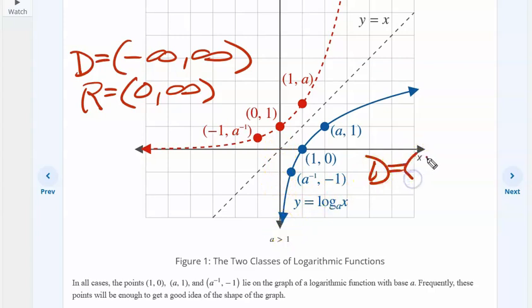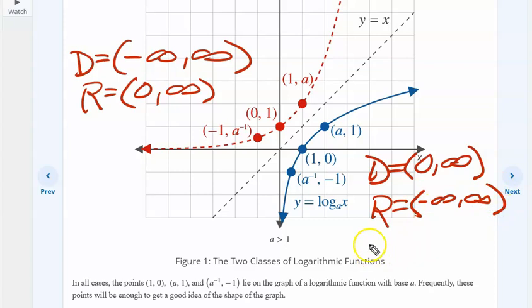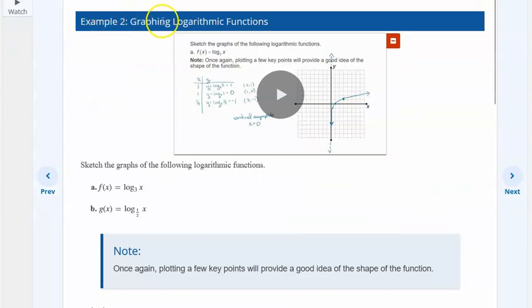So it'll be parentheses 0 and then off to positive infinity, while the range now goes down to negative infinity up to positive infinity. Okay, background. Now for example 2, keep in mind there are videos by the author, and we'll take a look